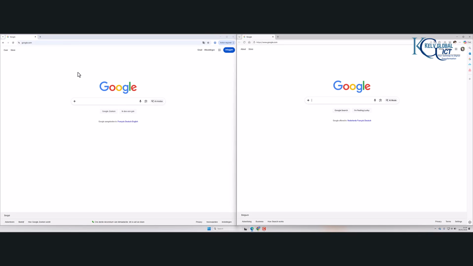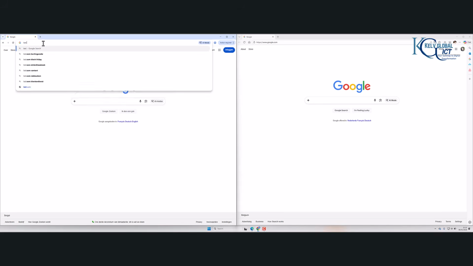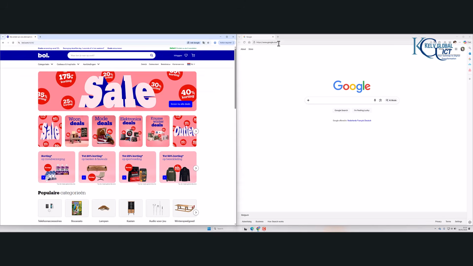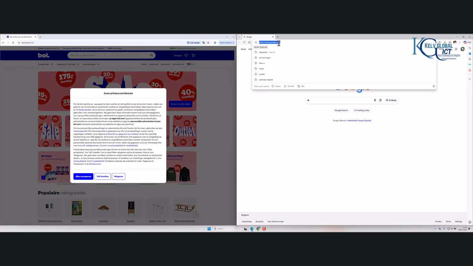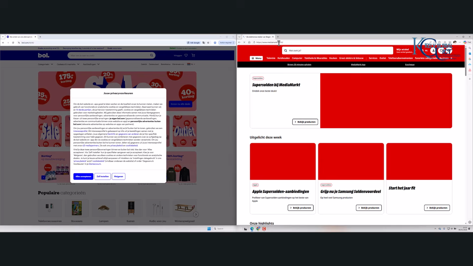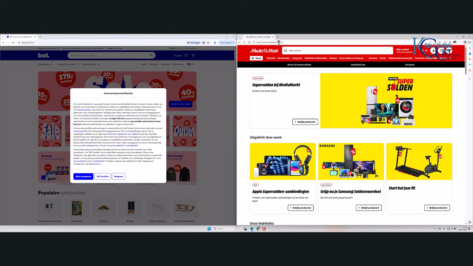So we can now just start typing. For example, you can type a random website. I can just type, because I live in Belgium, bold.com. And here you can just type, for example, I can just type. So you can see now I now have two different websites, but I can view them at the same time